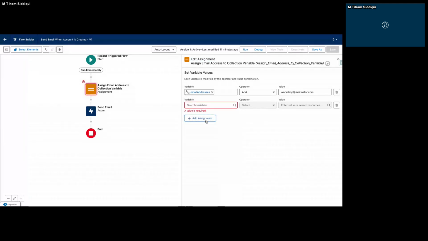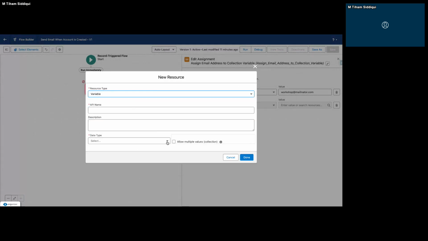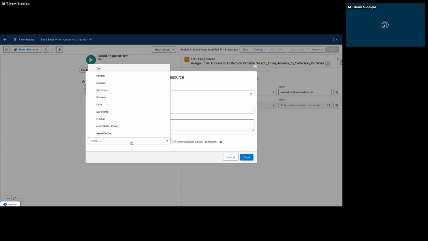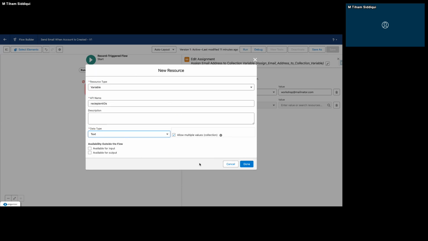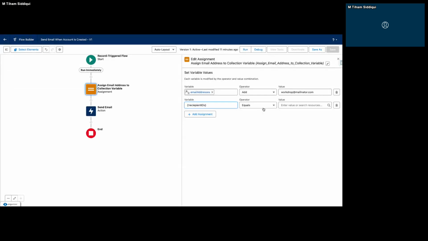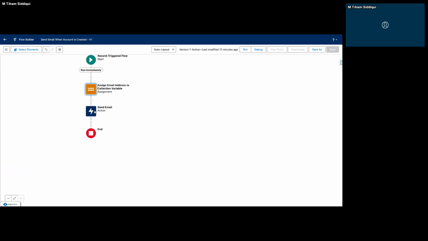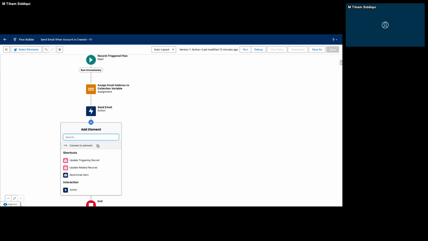I click add assignment. I create a new resource which needs to be a collection variable. I call it recipients IDs, a text variable, done, and it should be equals, and it should add the user's ID,